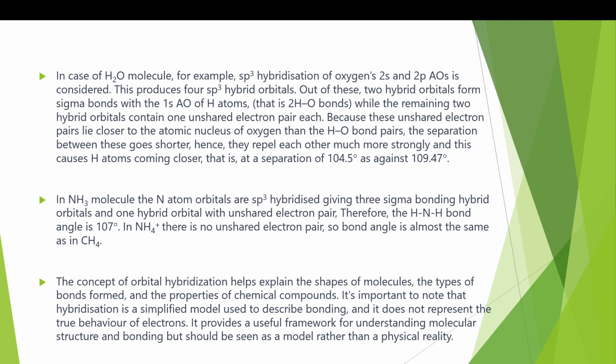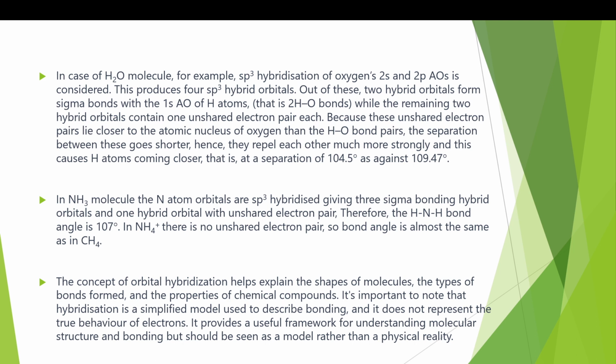Why is this? Because the lone pairs or unshared electron pairs lie closer to the nucleus. In order to decrease the repulsion between them, the bond angle has to be expanded. Naturally, the OH bonds are constricted. So, wherever unshared electron pairs are present, deviation in bond angle from the tetrahedral value takes place. In ammonia, there is only one unshared electron pair, so deviation is small. The angle is 107 degrees. In ammonium, there is no unshared electron pair, so the angle in ammonium is the same as for methane.